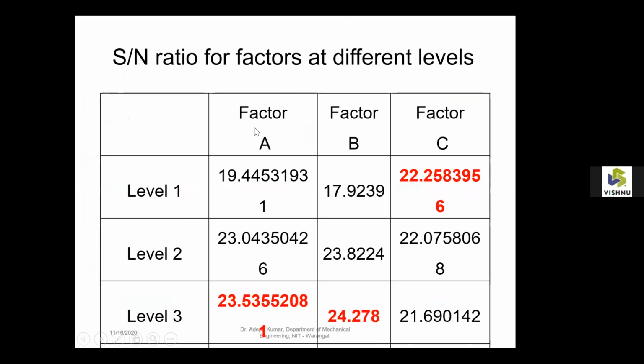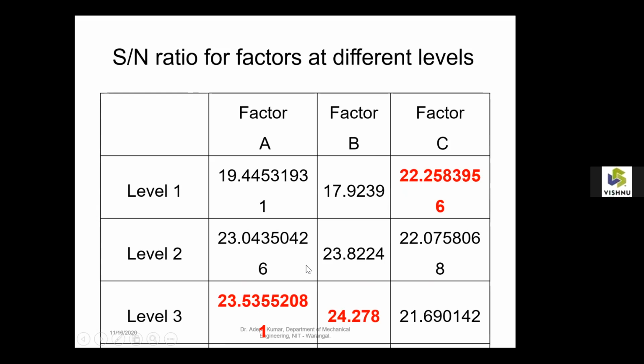So once you have factor A, B, C and level 1, level 2, level 3, factor A at level 1 has this value, factor B at level 1 has this value, factor C at level 1 has this value. So once you observe this,